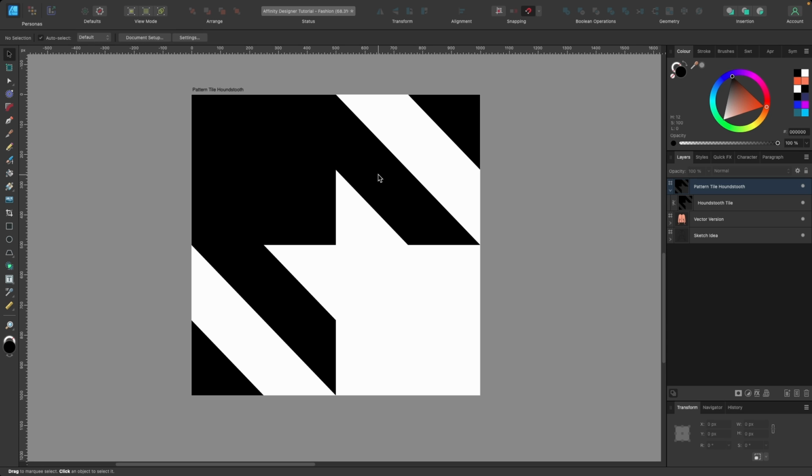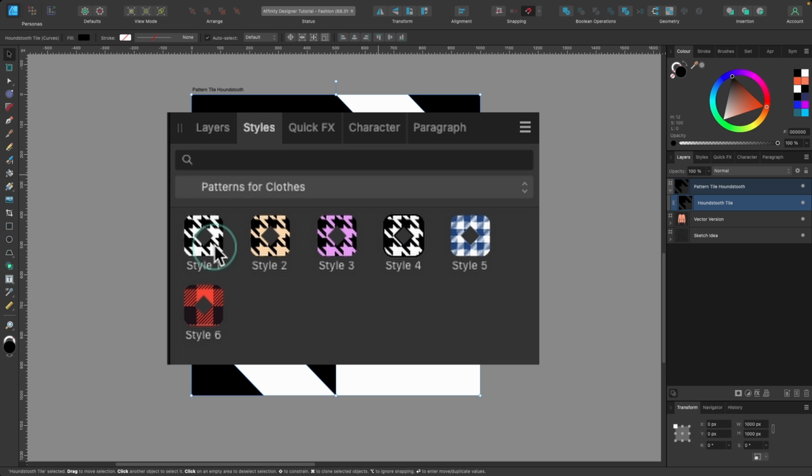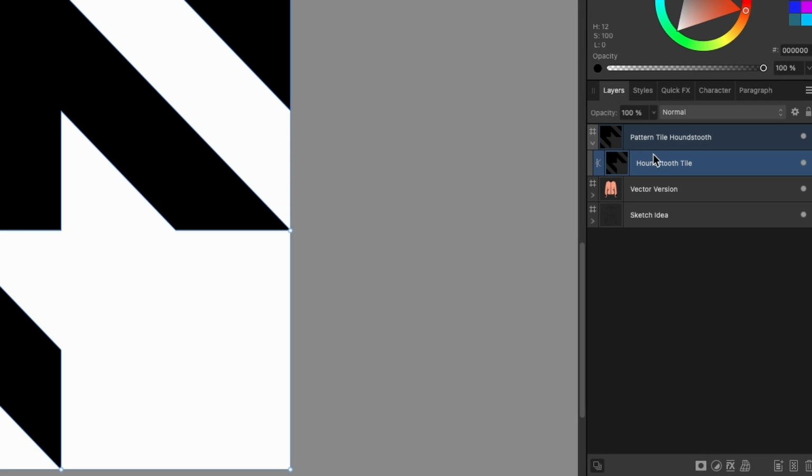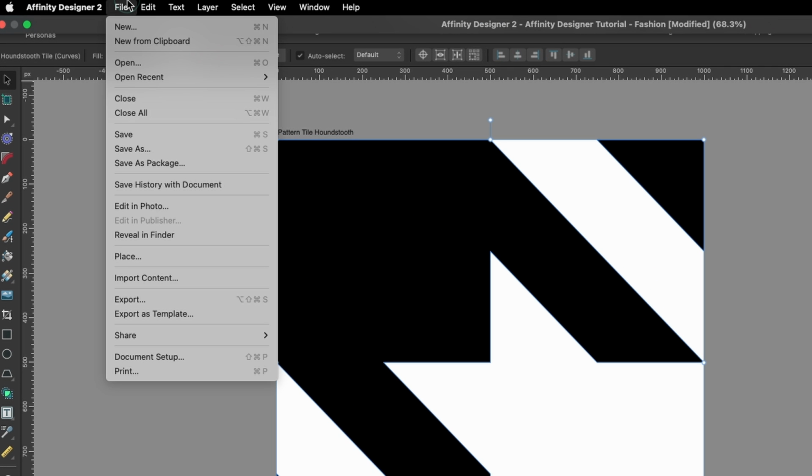So in this step, we're going to export our pattern tile to a PNG, and then we're going to load it up as a bitmap pattern fill in order for us to create styles. And that's the main reason we're doing this, okay? So the next thing we're going to do is choose Houndstooth tile, just the layer within the artboard. I'm going to head up to File,